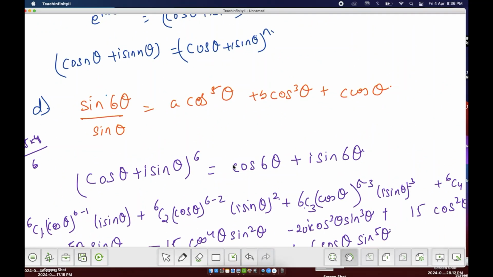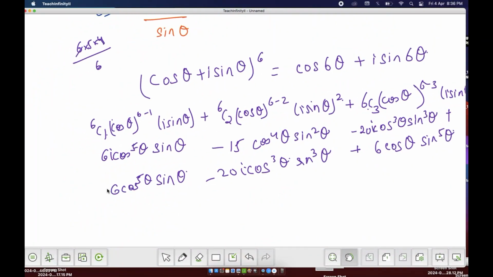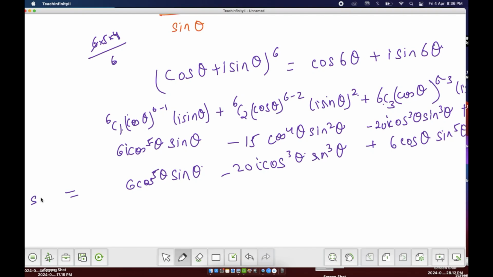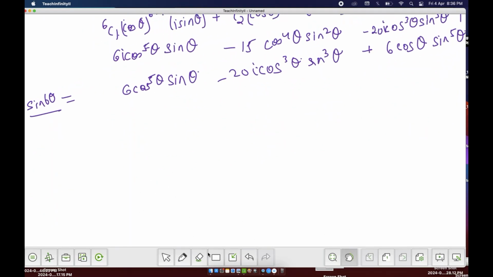And all of this is equal to sine of 6 theta, right? So now if we divide all of it by sine theta, what will happen? This sine theta will go. I'll write that on another line. So sine 6 theta over sine theta is equal to 6 cos to the power 5 theta minus